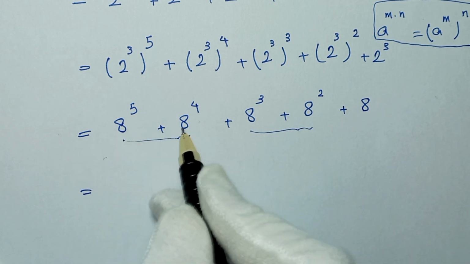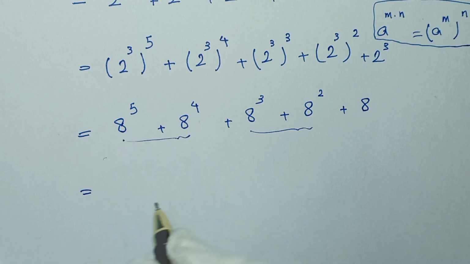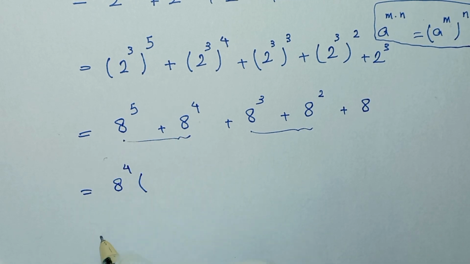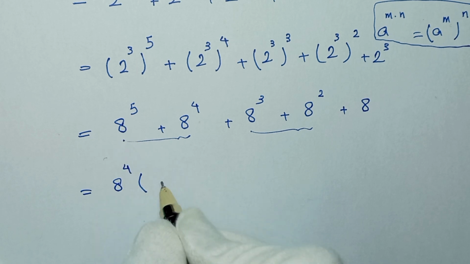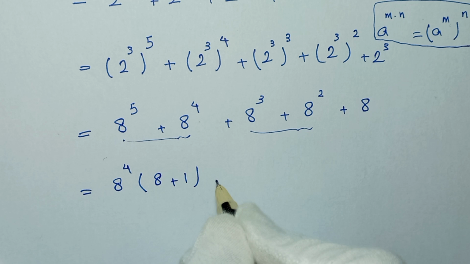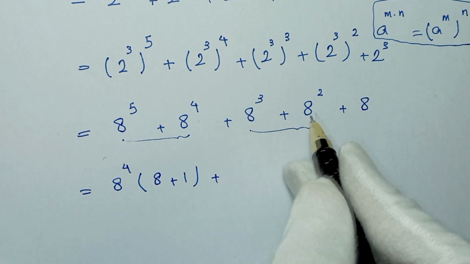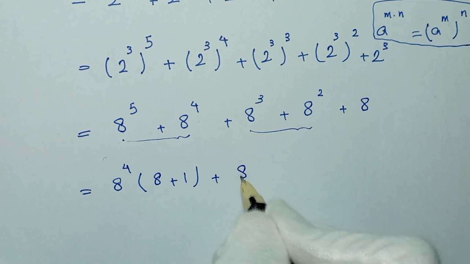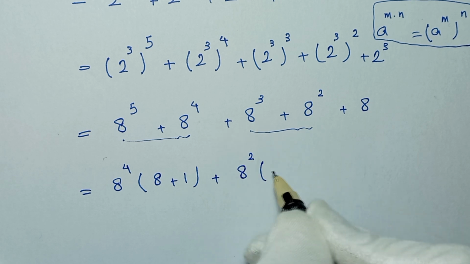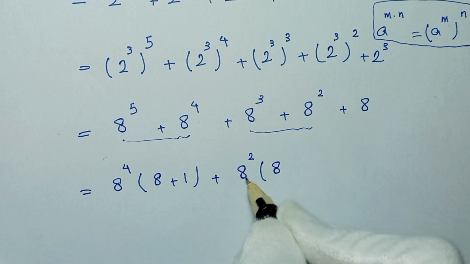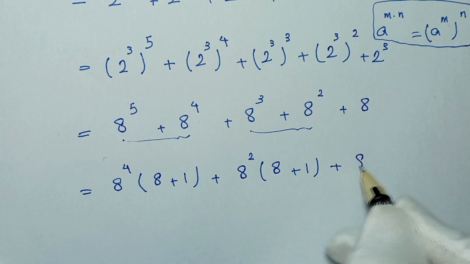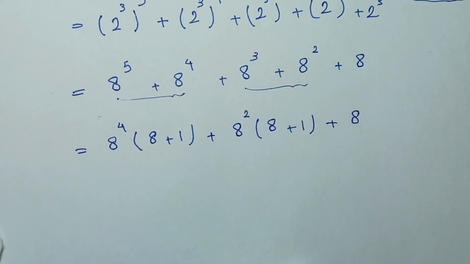And here, 8 to the power of 4 is common, so it will be 8 to the power of 4. This divided by this is 8, and this divided by this is 1. And here, 8 to the power of 2 is common, so it will be 8 to the power of 2. This divided by this is 8, and this divided by this is 1, and plus this 8. And it will be